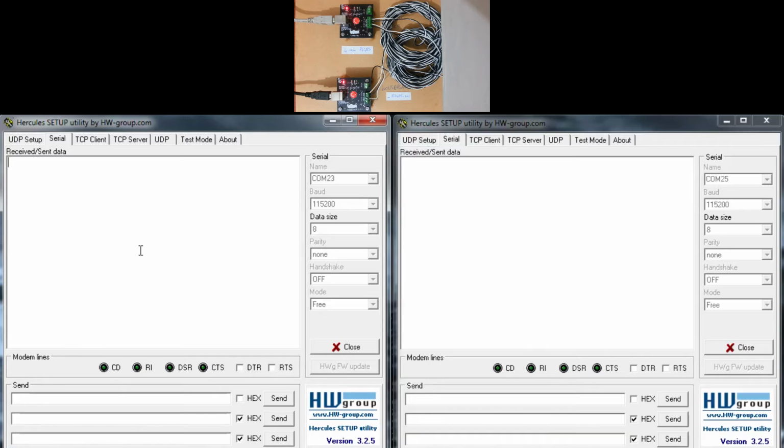Okay, let me send something from our converter device and reply to it from another device. But we are using the RS485 protocol now with this configuration file.